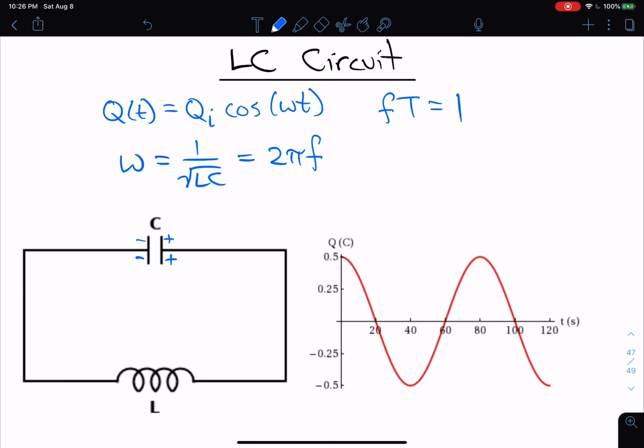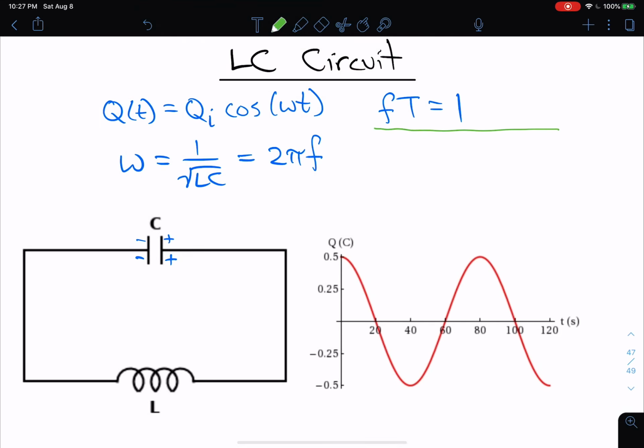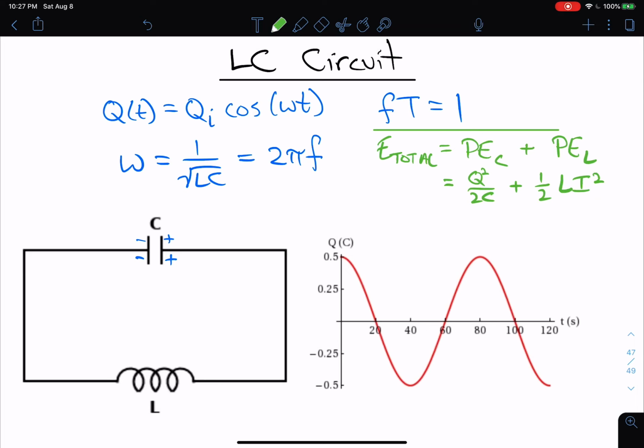Okay, now let's talk about the energy. So if we're talking about the energy in the system, so the total energy in this system is going to be a combination of the potential energy of the capacitor plus the potential energy of the inductor. The formula for the capacitor, that's Q squared over 2C plus 1/2 L I squared. So at any moment in time,